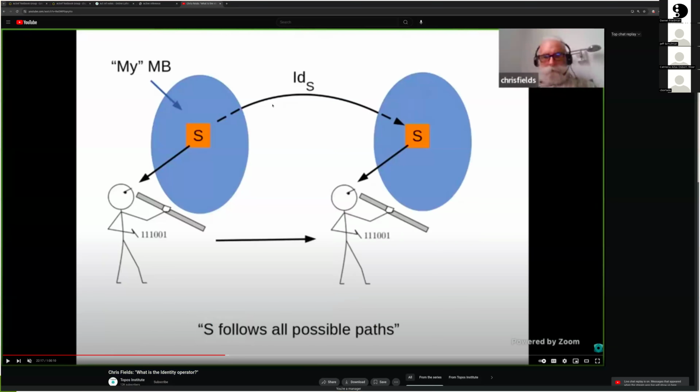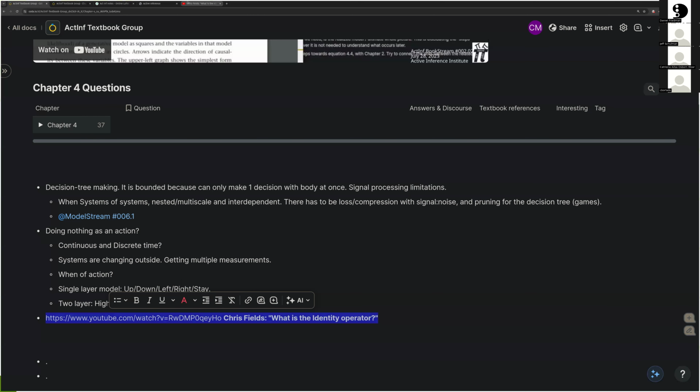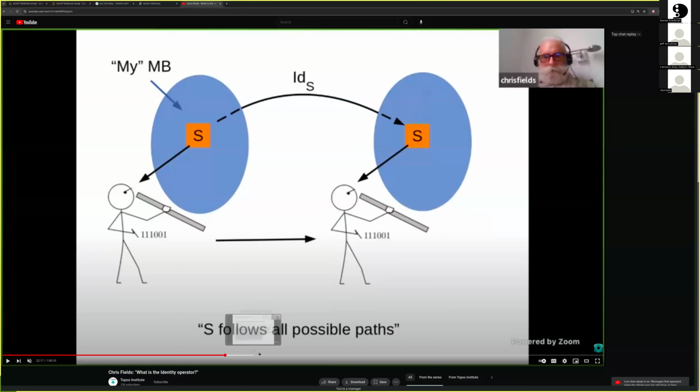Well, the identity is what is the sameness, but then your identity when you're 15, when you're 30, that is different. So I don't think his talk answers it per se, but it gives some interesting stick drawings